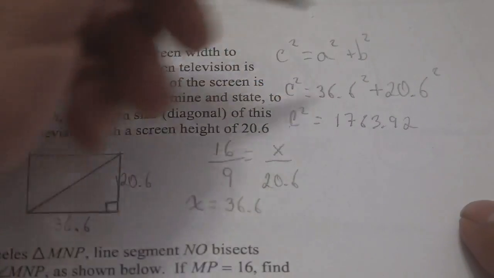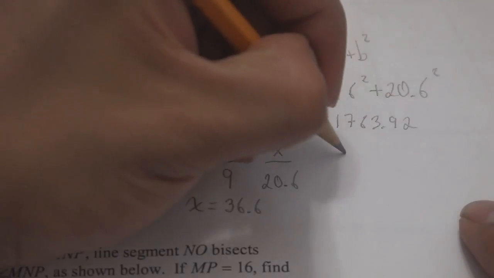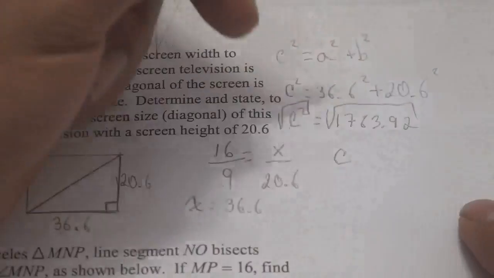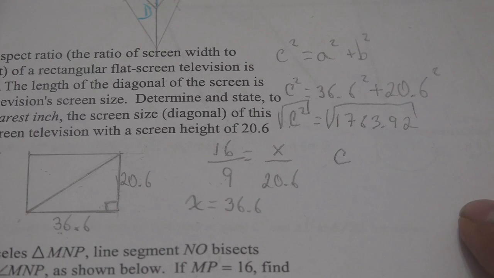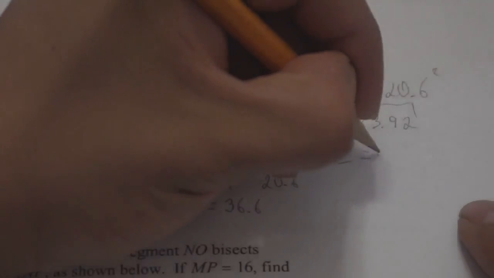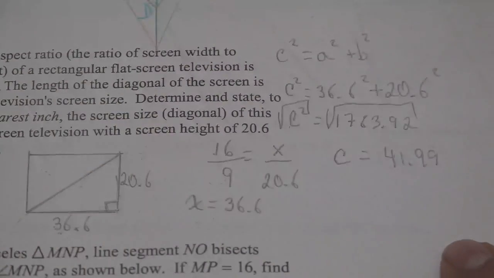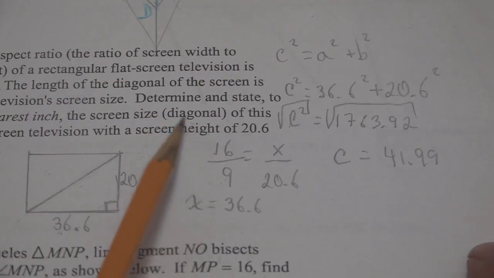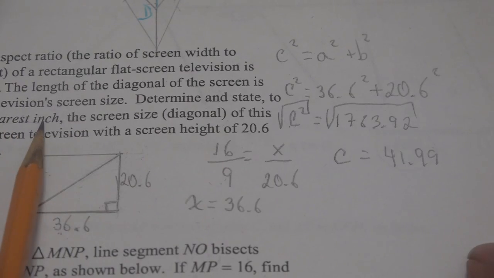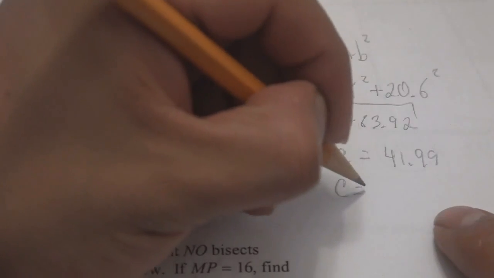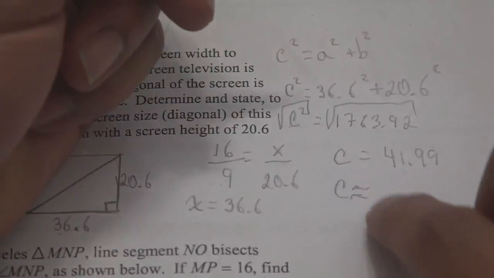C squared is area. So then I take the square root of c squared, okay, like that, and what you do to one side, you gotta do to the other. And now I wanna find out what the square root of 1763 is. Well, that is 41.999, whatever, right? Okay. But then he says, I need to determine and state to the nearest inch. Oh, to the nearest inch. So 41.9999 translates into, actually, like that,